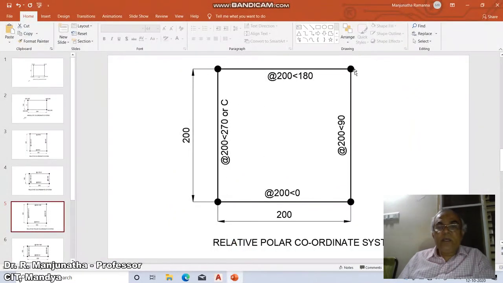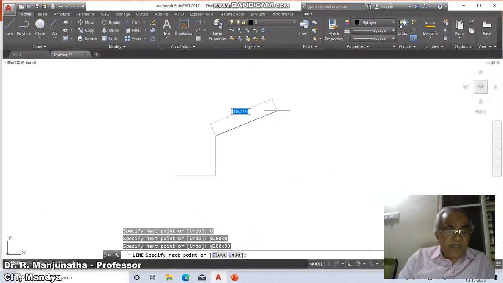Again we are moving in a direction opposite to the direction of the UCS x-axis, but always with reference to the horizontal. So it is in counterclockwise direction is positive. If it is rotating in clockwise, then it should be negative. So here I will say at the rate 200 less than 180,